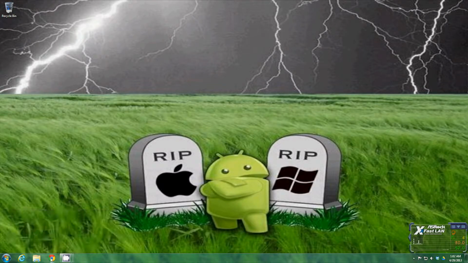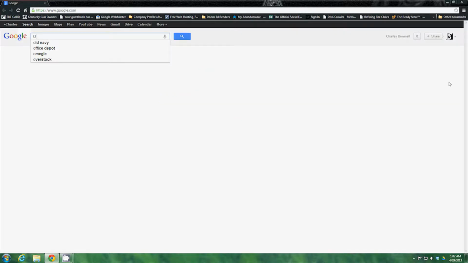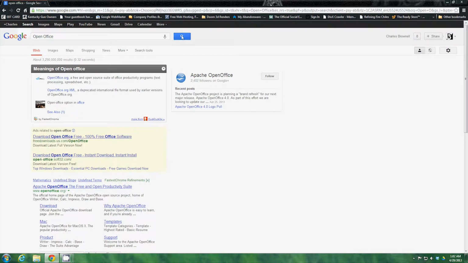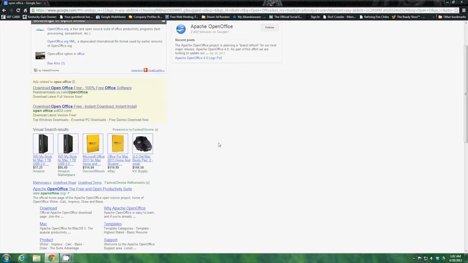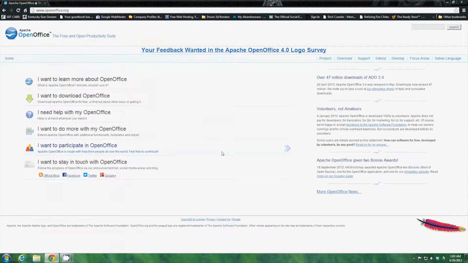And first, you need to bring up your browser, and you want to go to Google, www.google.com. Click in the search bar and type in Open Office and hit enter, or click on the search button. And as you scroll down, you'll see the one you're looking for says Apache Open Office, the free and open productivity suite. Click on that,